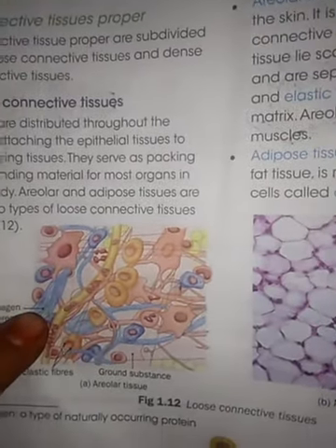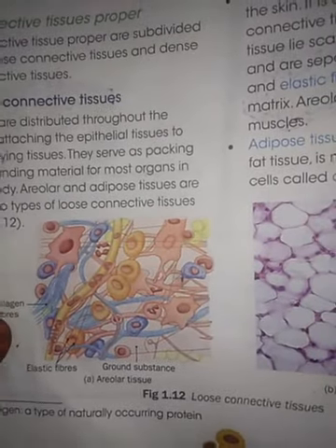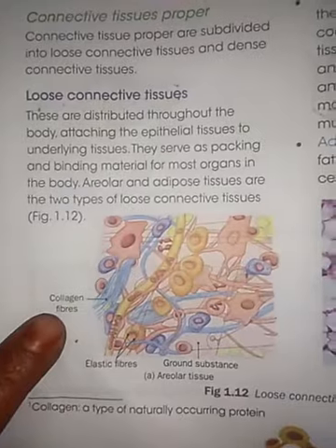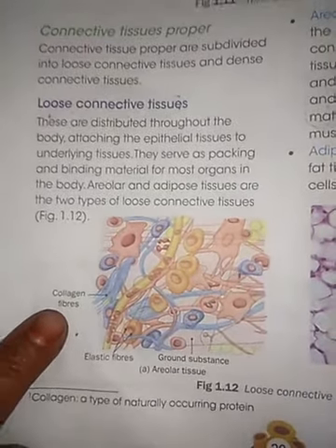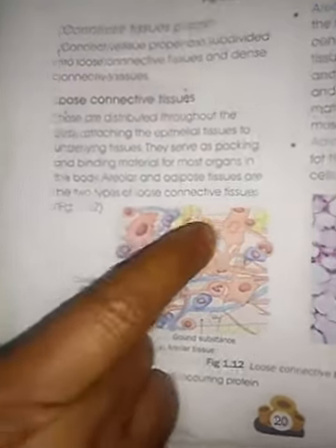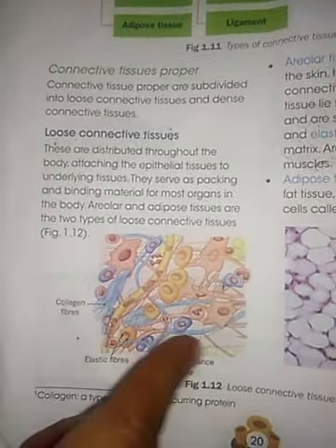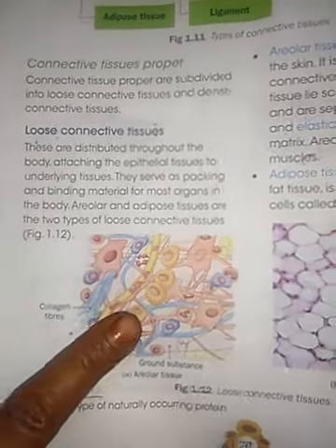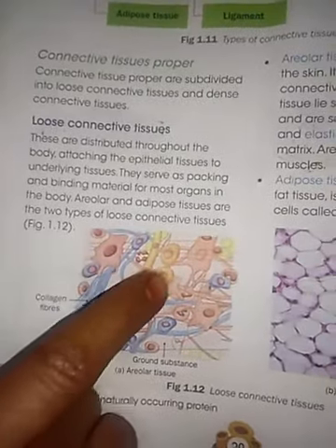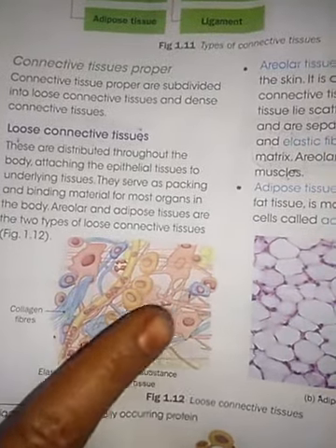See, this is a collagen fiber. The cells are scattered in this tissue. See, the round shape is there. These are cells. Yes or no? See the picture. The round shape is called a cell. The cells are present scattered in this type of tissue.